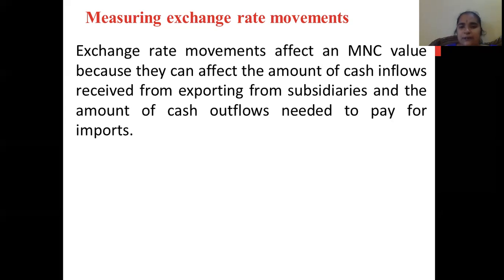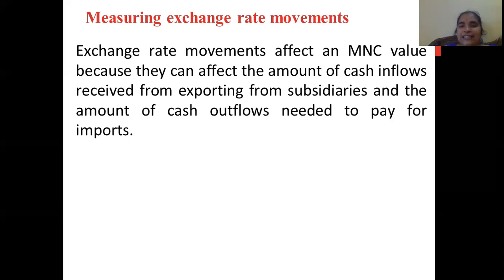So what does this mean? Is it a profit or a loss? Yes, it is a loss, because if the payment would have been done when it was 73 rupees, you would have a profit of 1 rupee per dollar, but now you're going to get less. So if there is a frequent movement in the exchange rate, it will affect how much you have to pay and how much you have to receive.